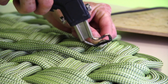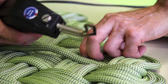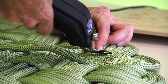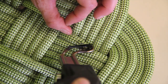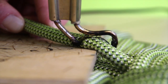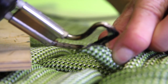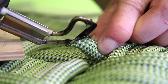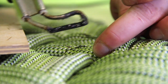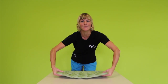Melt that again. And then we'll bond it to the rope beside. And again, I'll fix that on just by melting a little bit of them together. And that's fun. Now our edges are joined, we can flip our mat over and it's